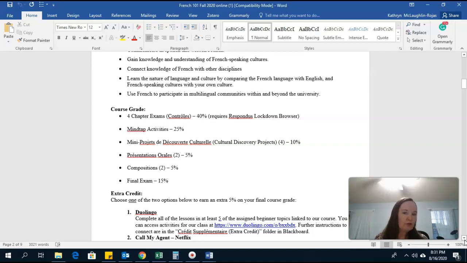Both of those are worth 5% of your grade. I make those a little bit smaller than the other components because they take time to develop. In a beginning language course, you won't be a speaking expert or a writing expert yet. You're just getting your feet wet with those skills. So I think it makes sense to make them a smaller portion of your grade. And as you move along further in your language development, you get better and better at those things.